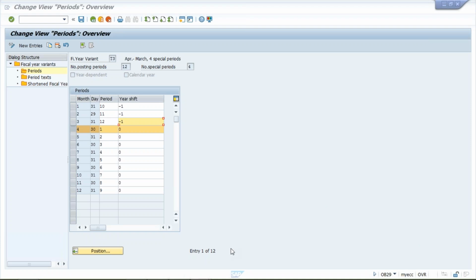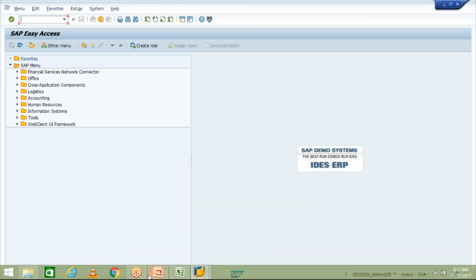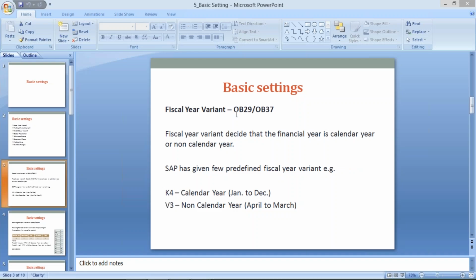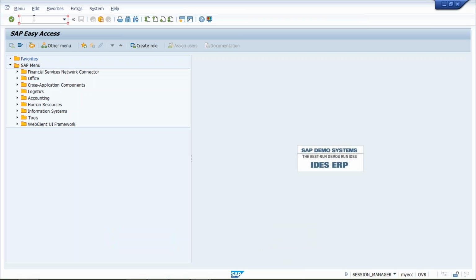Okay, we have to link our fiscal year variant with our company code so that SAP will come to know that this T3 will be used by Tata Motor. So I have opened a new screen and used transaction code OB37. OB29 is to define, and OB37 is to assign this fiscal year variant to your company code. So use OB37, press enter,